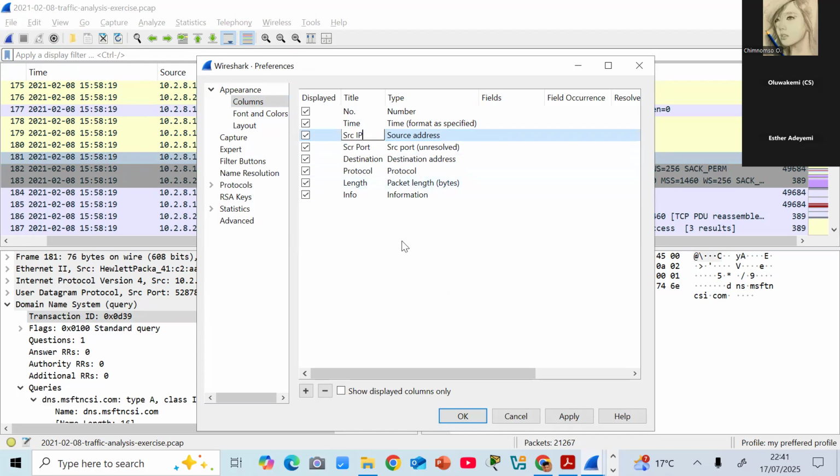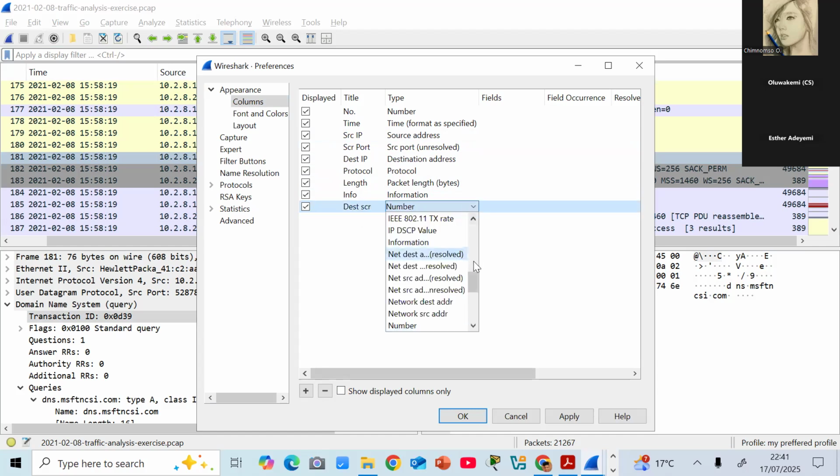You can change it from here. This one too, you can just say destination IP. You can do the same for, add another one and put destination. Source, and